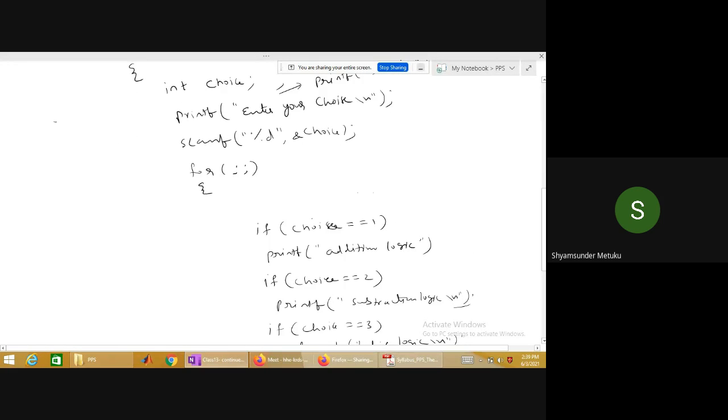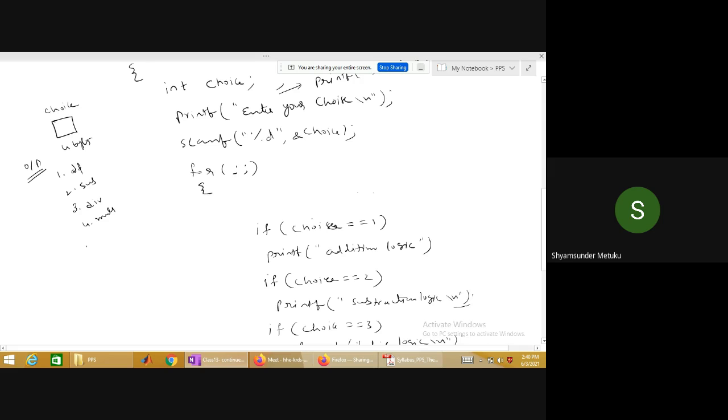Assuming that you have 4 bytes of memory with the name choice declared and with garbage initially, then it will print the output: first one is addition, second one is subtraction. This is the output, how it is actually going to work. The moment you run this program, initially memory is allocated with a garbage value of 4 bytes and the name of the location will be choice. Then it will print 1 dot add, 2 dot subtract, 3 dot division and 4 dot multiplication.